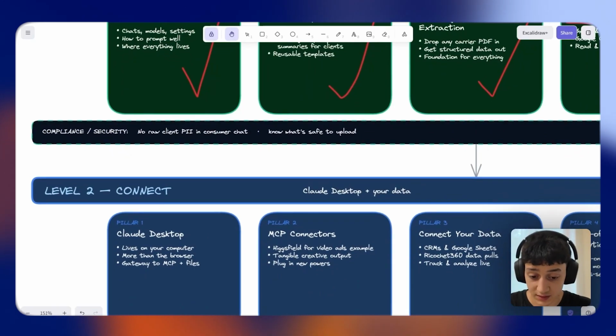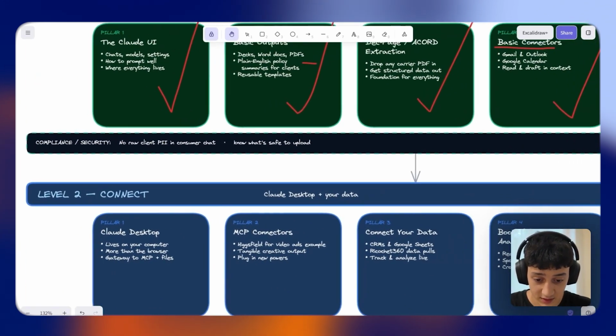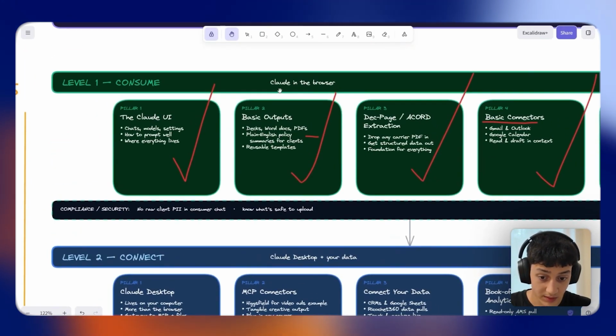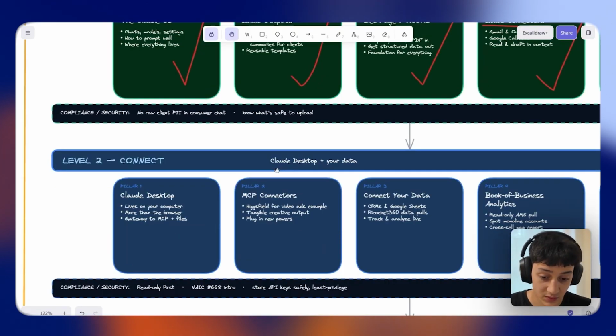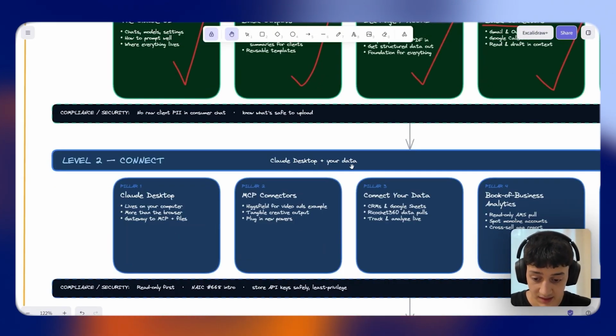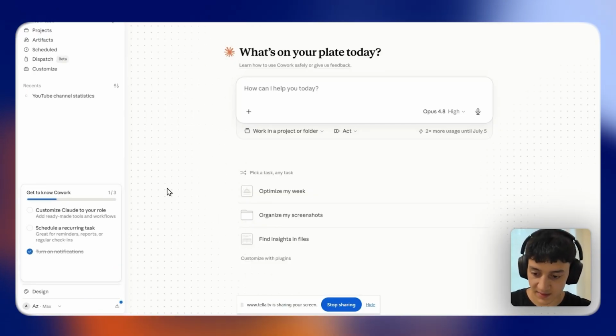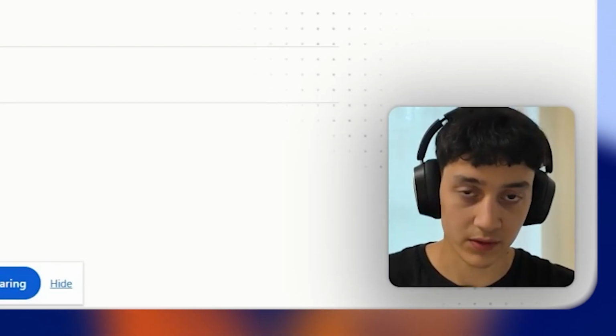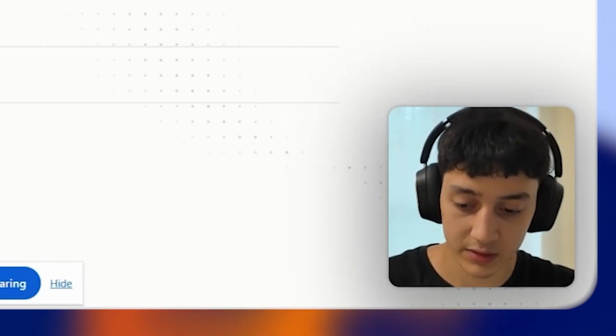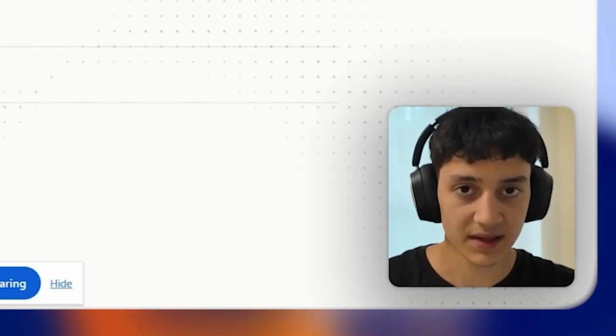Now, moving on to Level number 2, which is connect. This is going to look a bit different. Whereas before we were using Claude in the browser, we're now going to switch over to Claude Desktop and our data. So here we are in the Claude Desktop app. If you don't yet have it, it's pretty straightforward. Just search up Claude Desktop Download, and you should be able to download it